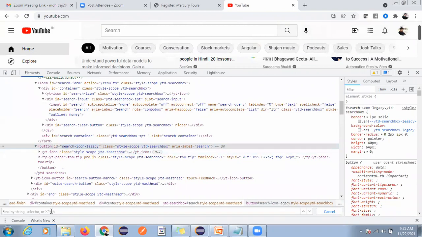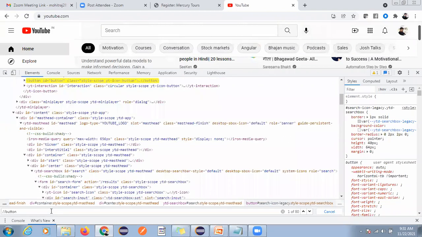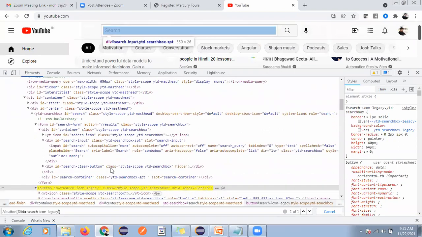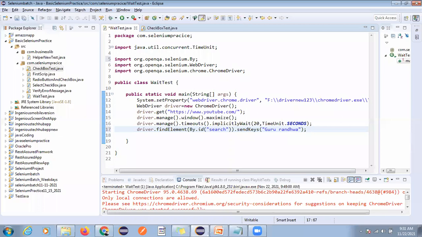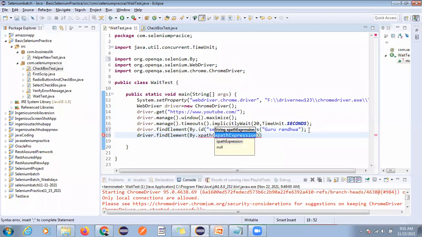So you have the button with the id, and now yt. Now I will driver.findElement(By.xpath), and we will click.